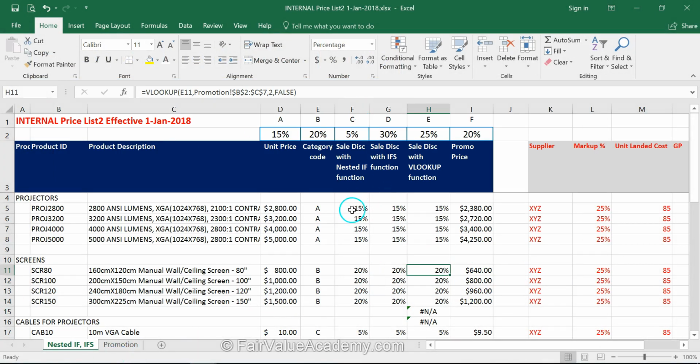So now that you have learned the three different methods, nested if, ifs and VLOOKUP, you know how you can use each of them. Each of them has advantages and disadvantages. You should know where to use what. If it is a very simple formula where you have to compare the equal to comparison, then you can use this particular VLOOKUP method, or you can use if statement. If you want to use complex formula, then you can use either ifs or nested if. Make sure you understand the logic and the sequence of the formula correct.